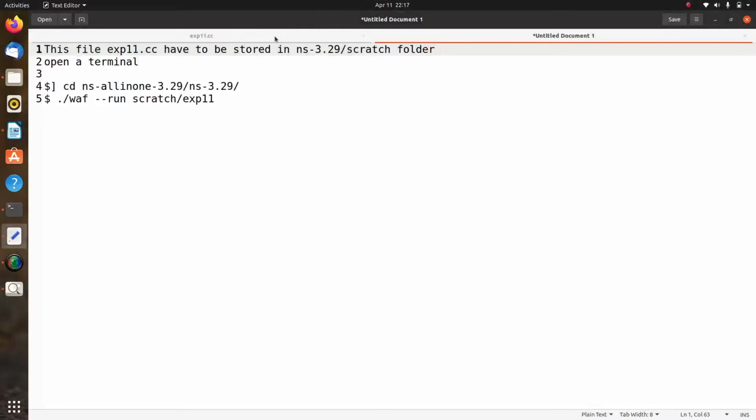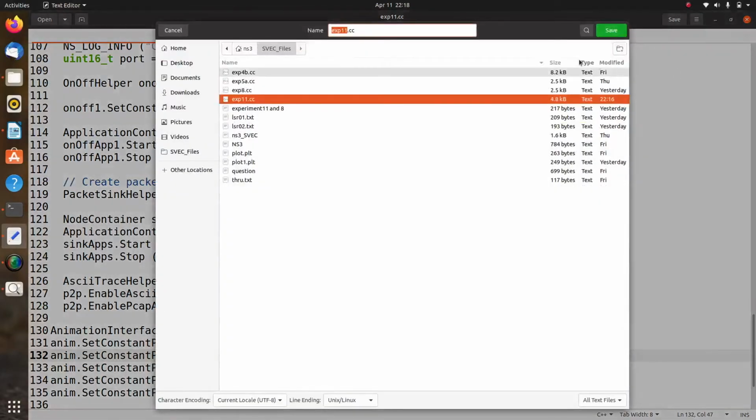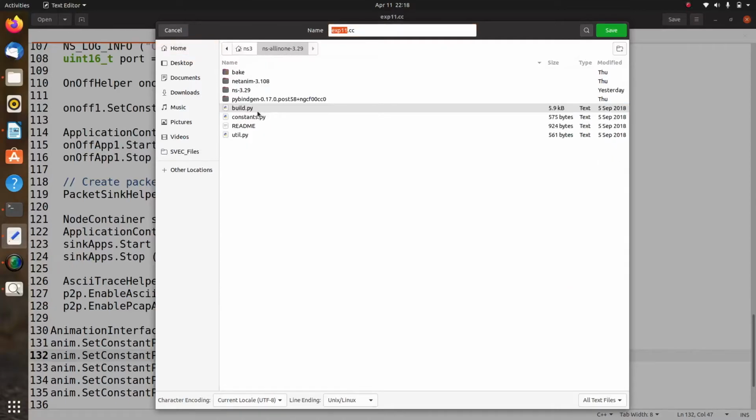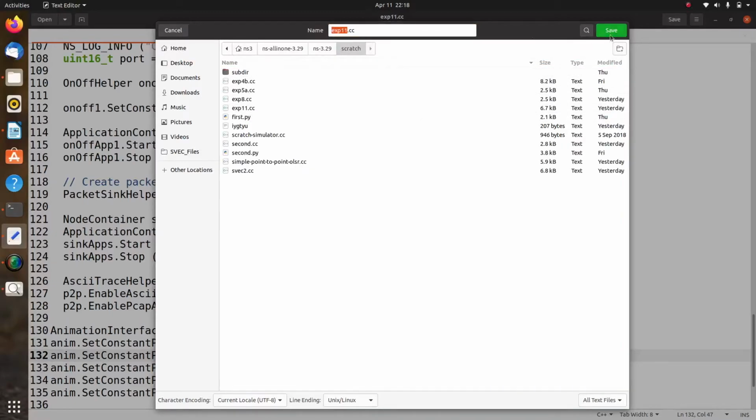So first let me store it here, experiment11.cc. So File, Save as. So first I will be saving this file in ns-all-in-one-3.29, ns-3.29, and scratch. So here I will be storing this file, save.